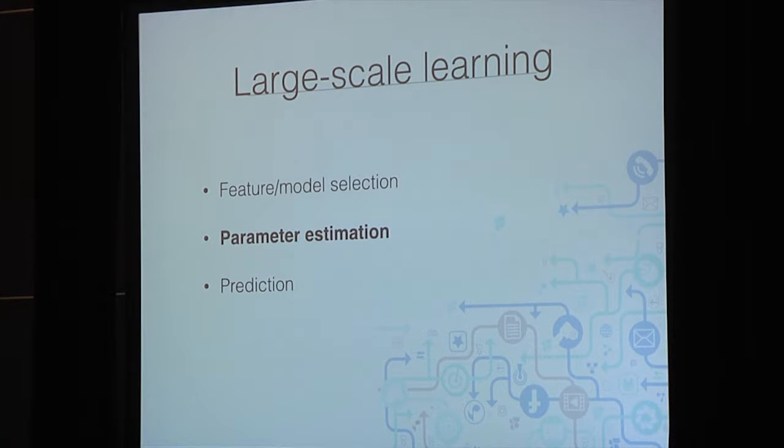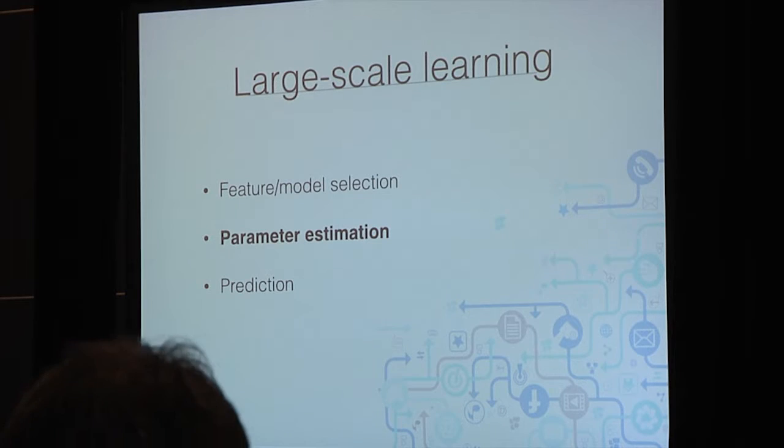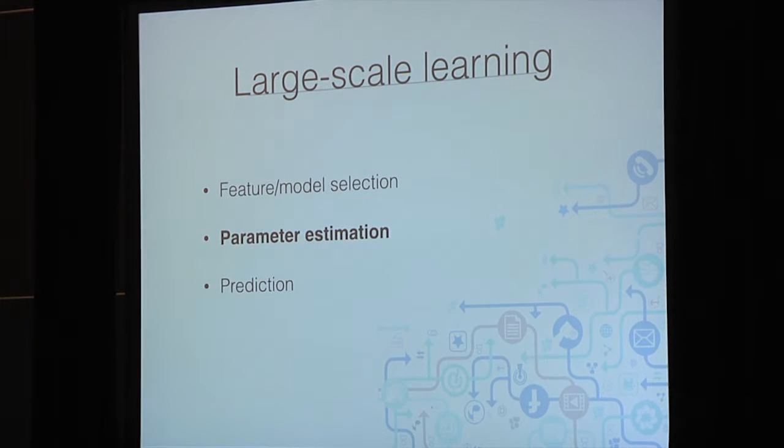So if we can design an algorithm that can do both parameter estimation and feature selection in parallel with minimum communication among machines, while at the same time maintaining almost the same level of accuracy, or even better accuracy, compared to the algorithm running on the full data set, that would be awesome. And that's the primary focus of our paper and also of my talk today. I hope that motivates you well.